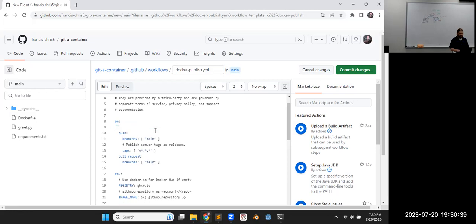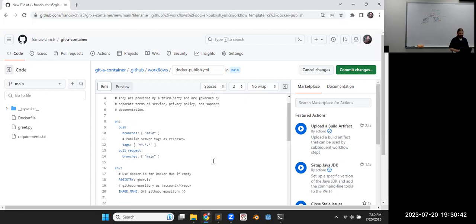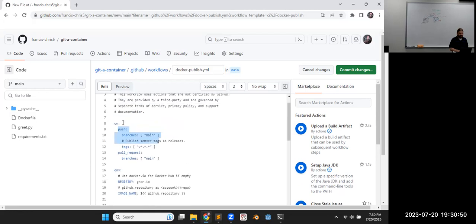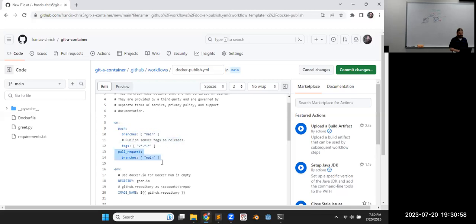You can leave that there. I'm going to go ahead and take that out because, well, this one's going to be deleted before long anyway, but yeah. Don't need to write out a schedule. Push when something pushes. So on, this is when we do stuff. We're going to do stuff when we push to the main branch, when there's a pull request to the main